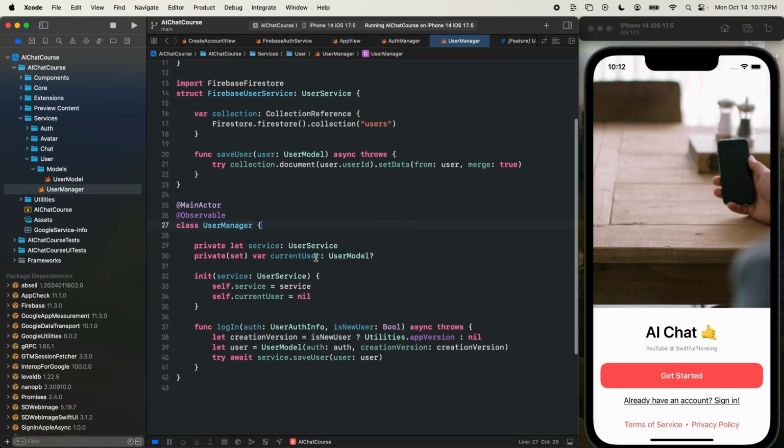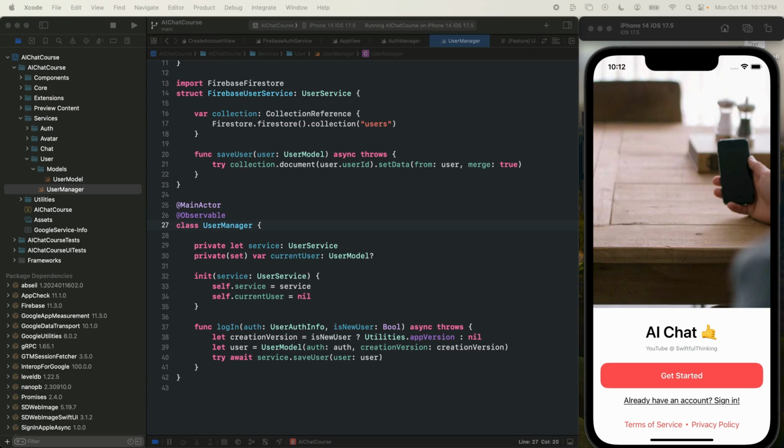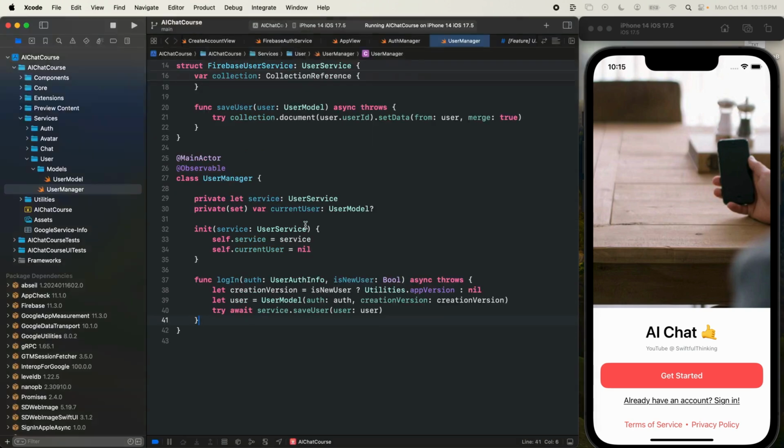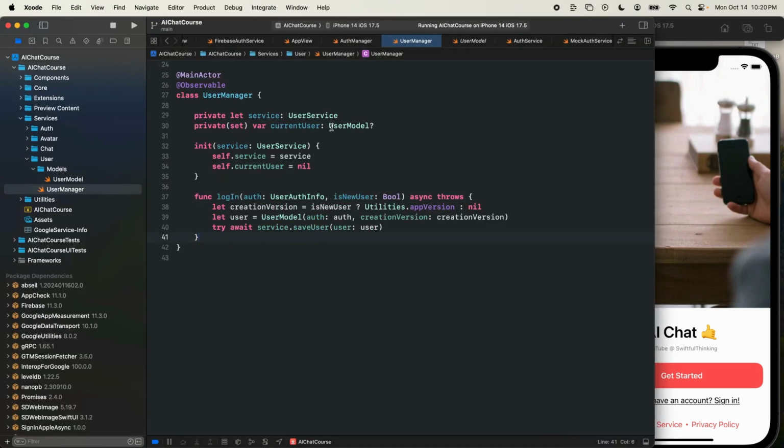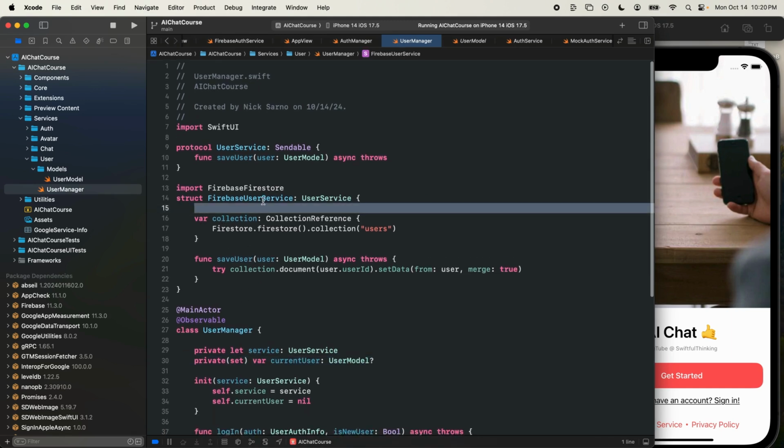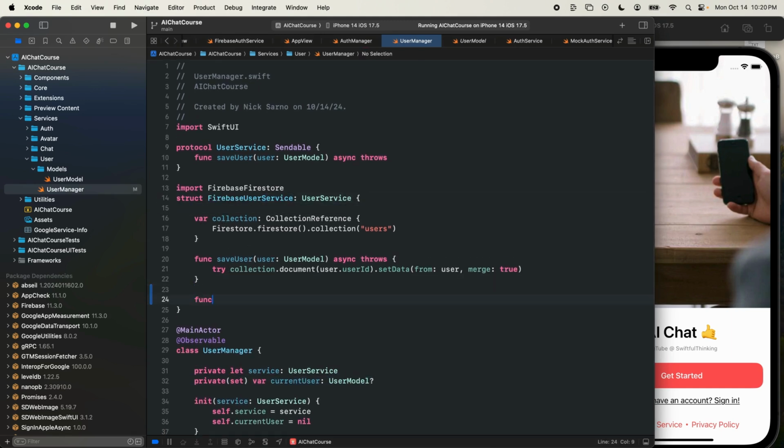Let's jump into this now, and we had a couple other functions that I want to create in the user manager. The first thing I want to do is actually attach a listener to our user database. So we set up the user profile here, and now I want to just listen in real time so that we can update our value in memory in real time. So if I look at our Firebase user service, let's create a function called